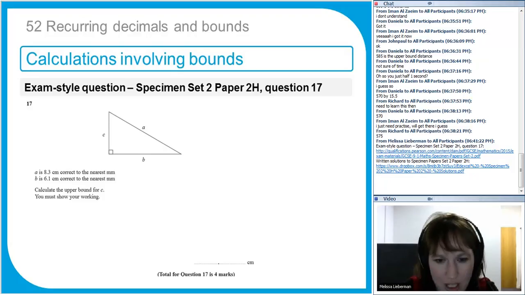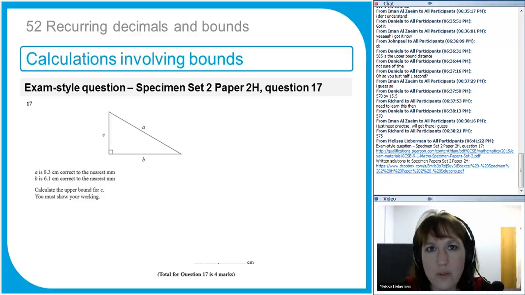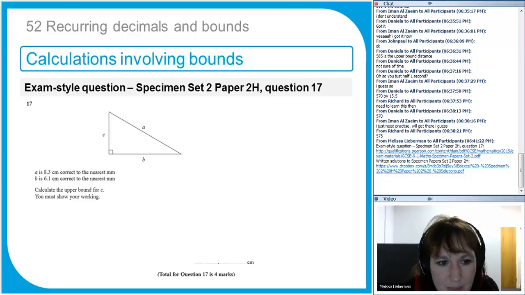So let's have a look at this question. If you're watching the recording and you want to pause it and have a go, please do so. Now the first thing you should say to yourself is, right, this is a right angle triangle, and I don't have any angles in it, so Pythagoras' theorem is probably going to come up here at some point. And we also have some measurements. We're told that A is 8.3 centimeters, corrected the nearest millimeter. Be careful because this is centimeters